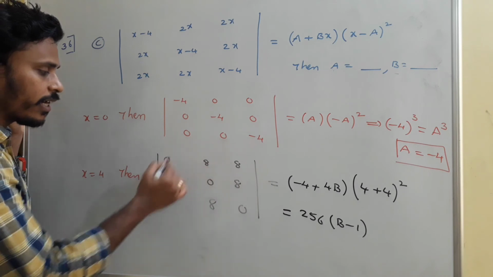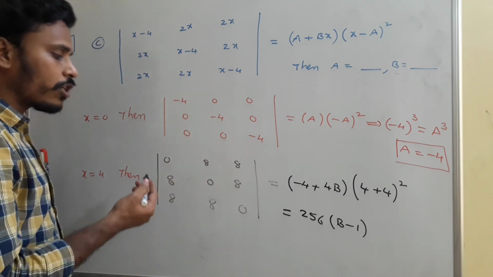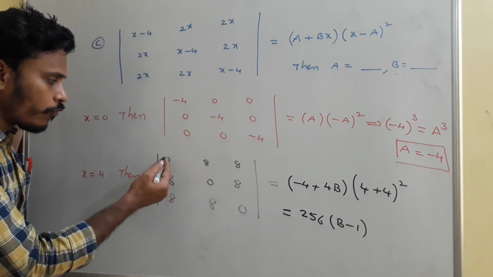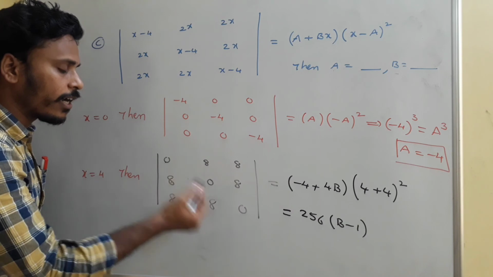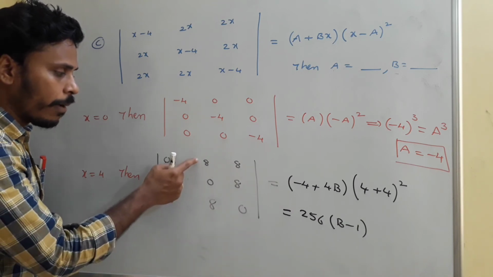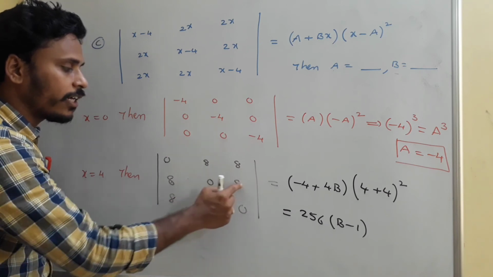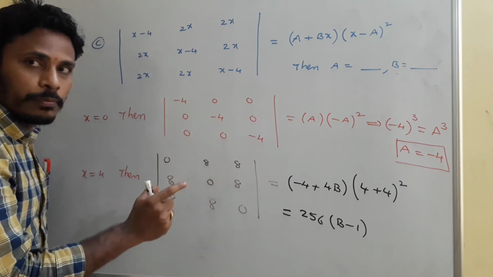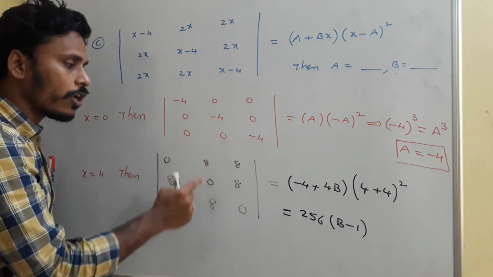And try to find the determinant for the left side. So finding the determinant is simply going with the usual rule. So first of all 0 into the determinant of the remaining, 8 into the determinant of the remaining, directly I will find, okay, minus 8 into determinant of these two, 8 into 0 minus 8 into 8. So this is 8 cube, and then 8 into 8 square. So this is also 8 cube.